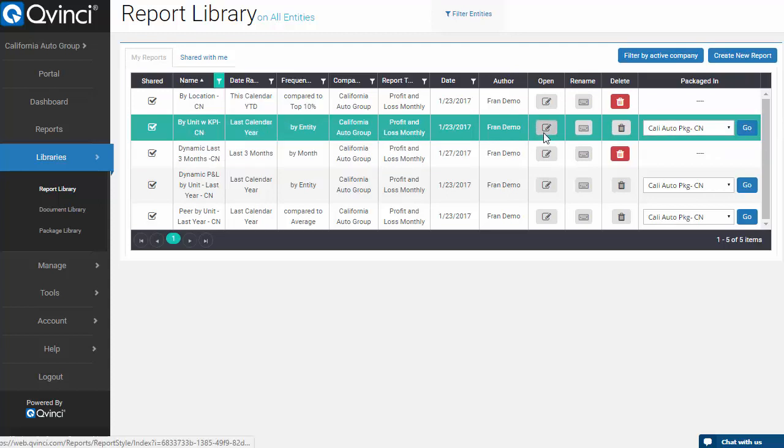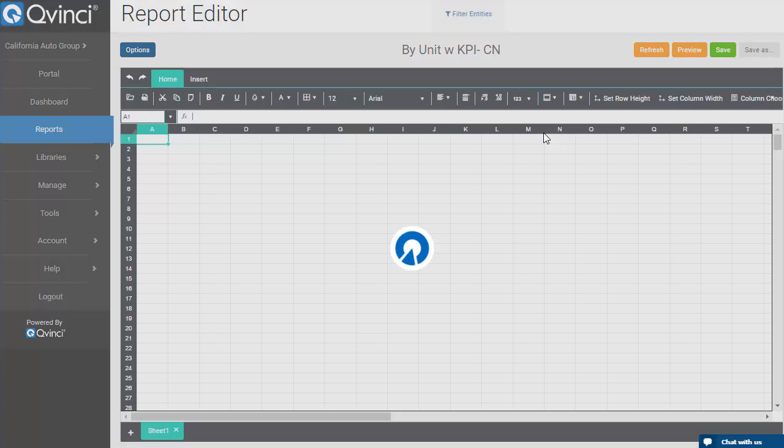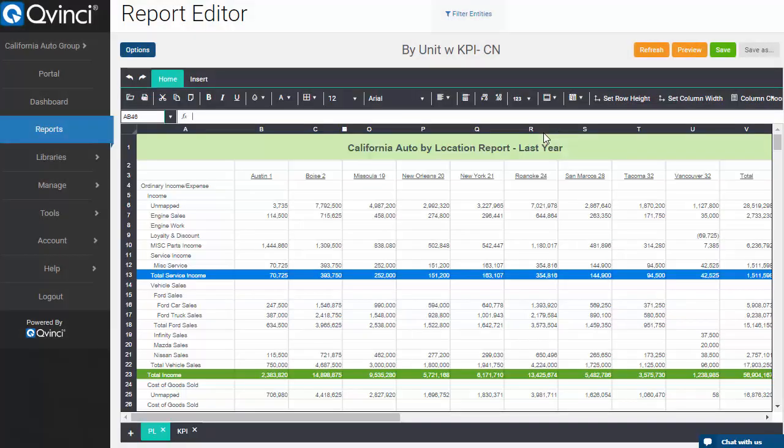So let's open this report up and see what it looks like. You'll notice that it has an Excel-like interface. If you're familiar with Excel, you're going to be right at home here. I've built a report with this green banner and the client name in here, and I can use what we call macros, %customer%, and when you run it across a customer, it'll automatically put their name in.